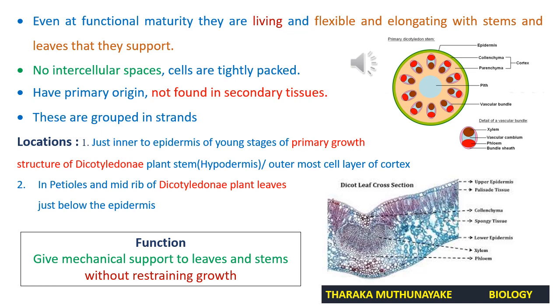So what is the important feature of collenchyma which is involved in providing such support to leaves and stem? Can you remember we said it earlier, collenchyma has uneven thickening of cell walls due to extra cellulose deposition at the corners of the cell. Due to that extra cellulose deposition, extra strength, extra support can be given. So remember it as an adaptation or structural modification to provide support: the presence of extra thickening of cell wall at the corners of the cell due to extra cellulose deposition.